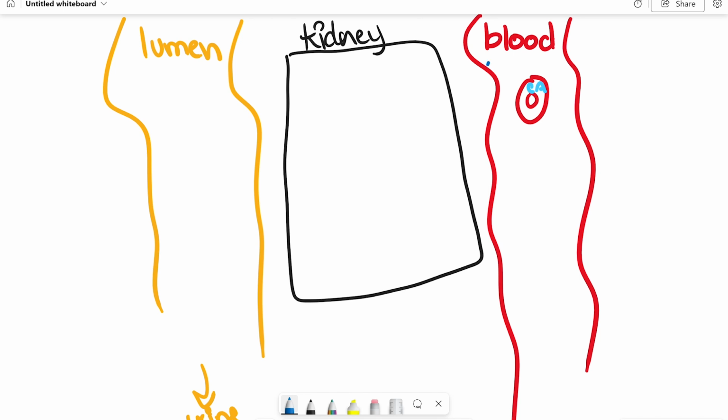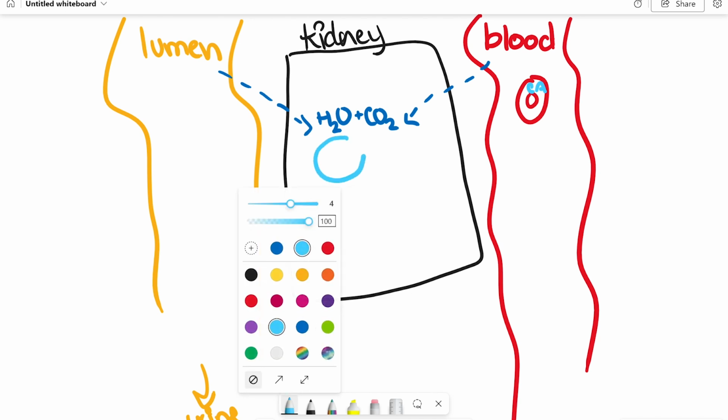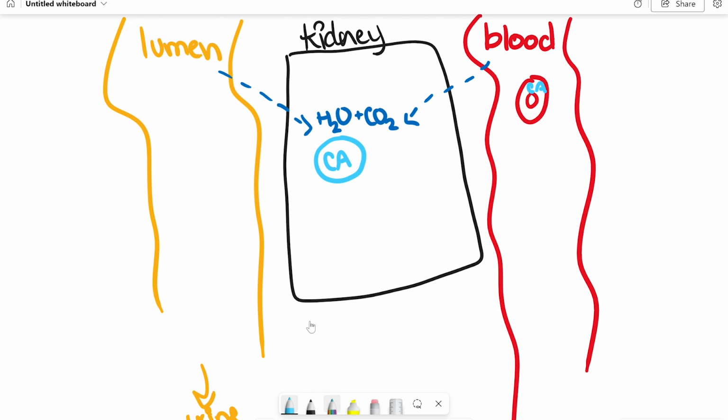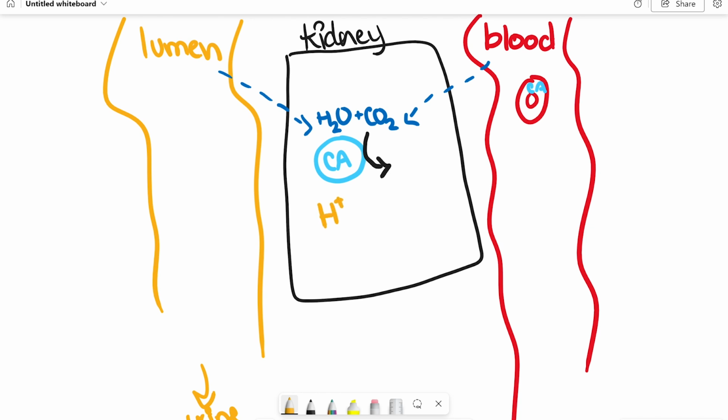So what happens first is that you've got water or carbon dioxide that's going to be coming from both the lumen as well as the blood and is going to diffuse. It's small, it's neutrally charged, so it's going to be able to go straight into the cell without needing a transporter, just on its own. Once it gets in the cell, there's a type of carbonic anhydrase that's within the kidney cells. And that specific carbonic anhydrase is going to end up making more H+ and